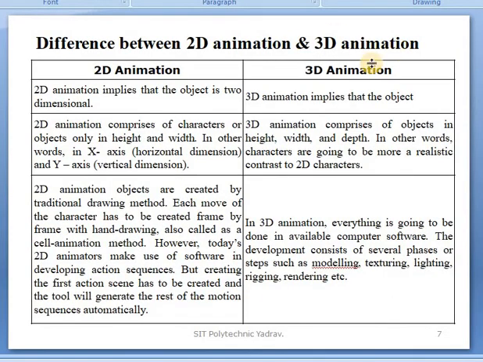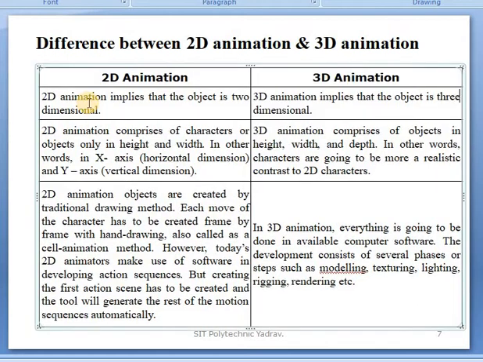Next point, the difference between 2D animation and 3D animation. In 2D animation, the objects are two-dimensional. In 3D animation, the objects are three-dimensional. Next difference, in 2D animation, characters or objects comprise only height and width.